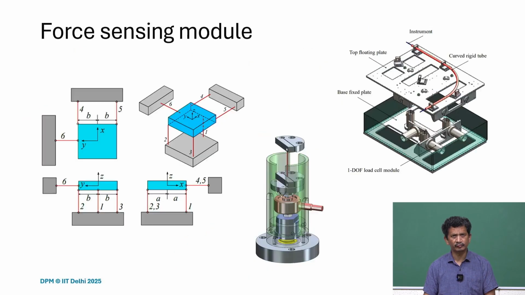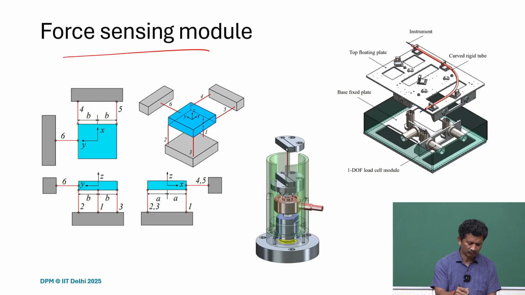So, the actuation module. We also talk about the force sensing module, and we can develop load cells or force sensing modules for any number of degrees of freedom. So here is 6-DOF, but depending on the application, if only 4 or 3 is required, then it can be designed accordingly. And what we have observed is that simple looking elements like wire flexures can help us